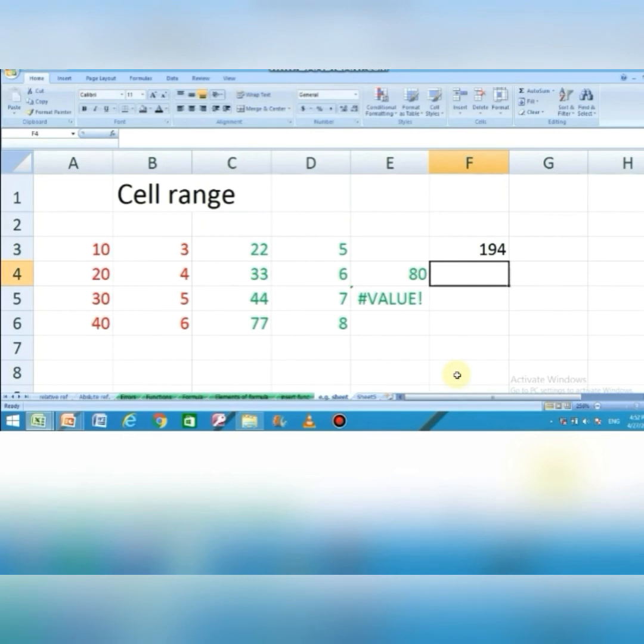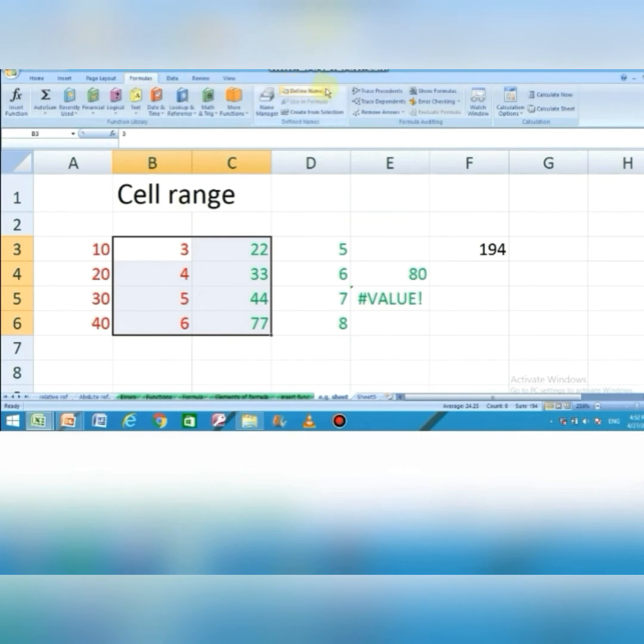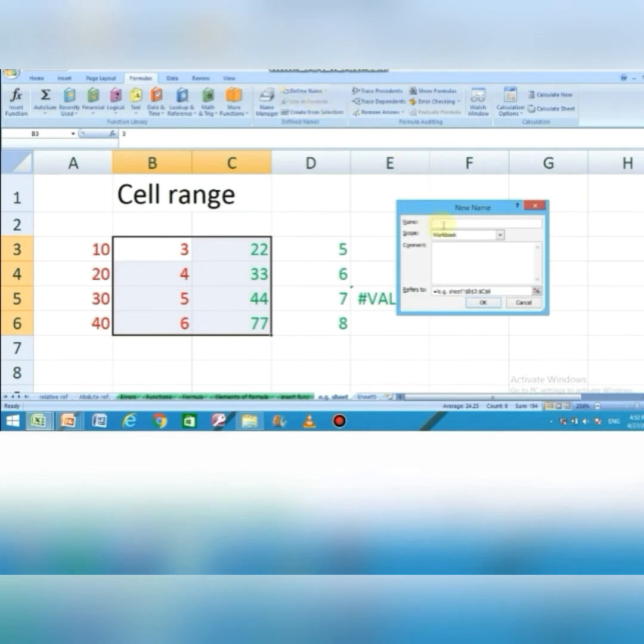Now students, we can also name our range. For example, I want to make a name for my cells from B3 to C6. I'll go to formula, define a name, for example I want to make a name marks here and press OK.